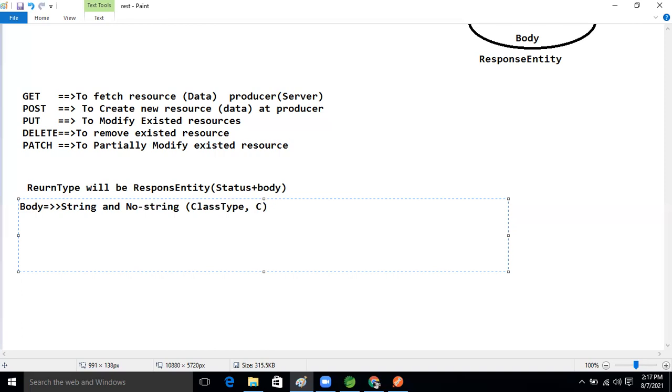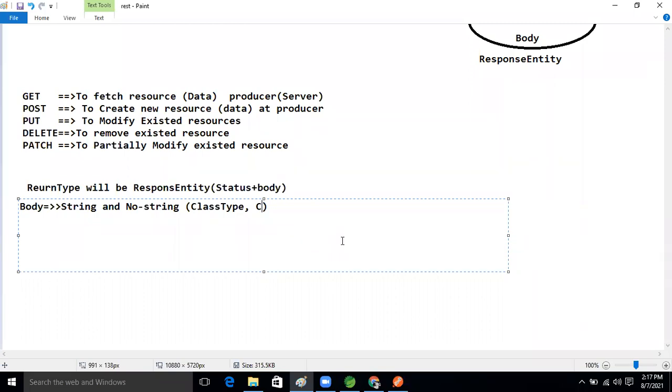The working functionality is the same, but here the annotation exposes JSON data, and there it exposes our UI pages. Whatever things I completed, don't skip them, because our next discussion is based on the last discussion. So please focus on those areas.